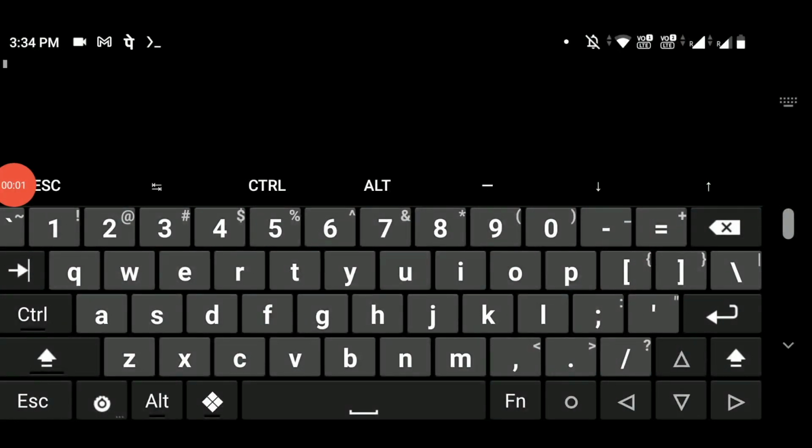After the installation of OpenSSH completes, what I will suggest is to use the phone in portrait mode. As of now, you can see I'm recording the video in landscape mode, and to run this game you have to make sure that your phone is in portrait mode, because it takes a lot of space. It will not be easy to load this game in landscape mode. So just simply turn your phone into portrait mode like this. You can see. Now I will show you the next step.